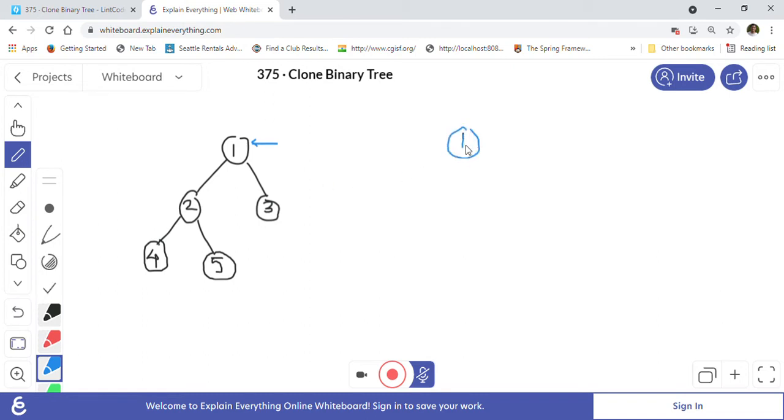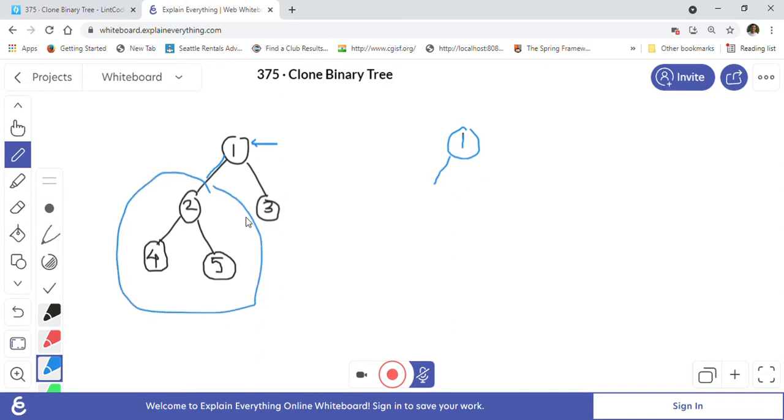Then we will create a node now here, and we will go to the left side and say: create a clone copy of the left side and attach it to me basically, right? Root is saying that, create a clone copy of the left side and attach it to me.